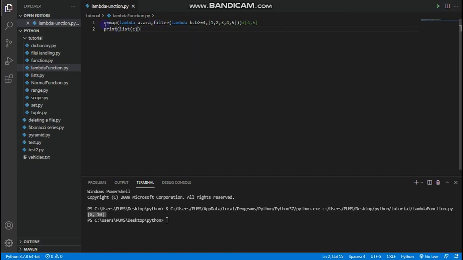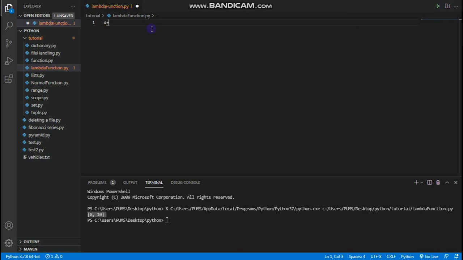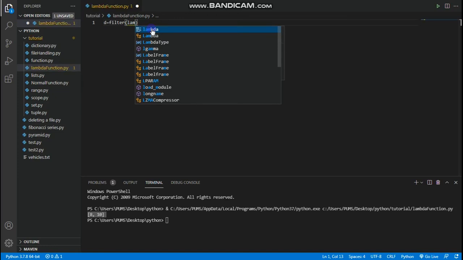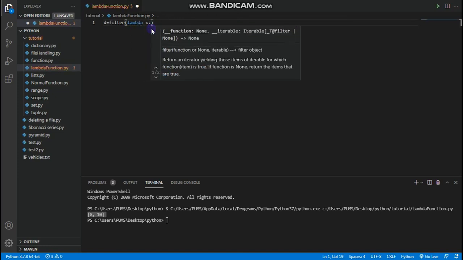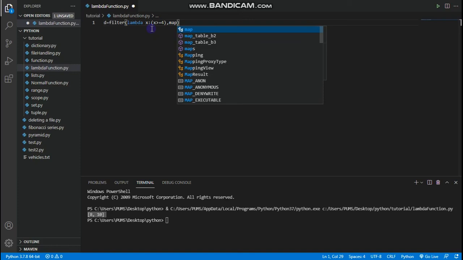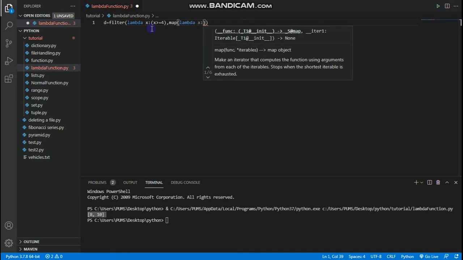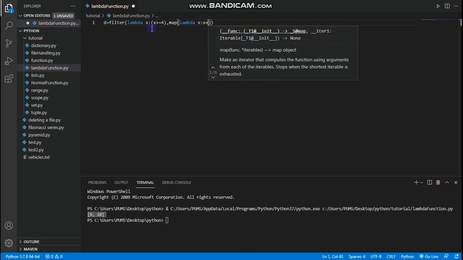Now let me demonstrate how to use the map function within our filter function. For that, let me just remove this and create another variable, say d. Use my filter function first, and now comes my lambda with an x, and the condition would be x greater than or equal to 4, and now it's time for my map function with lambda x. The expression for this is x plus x,